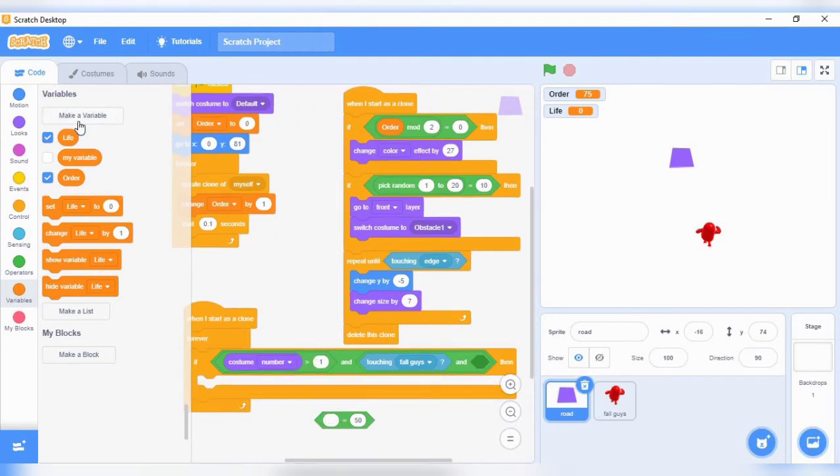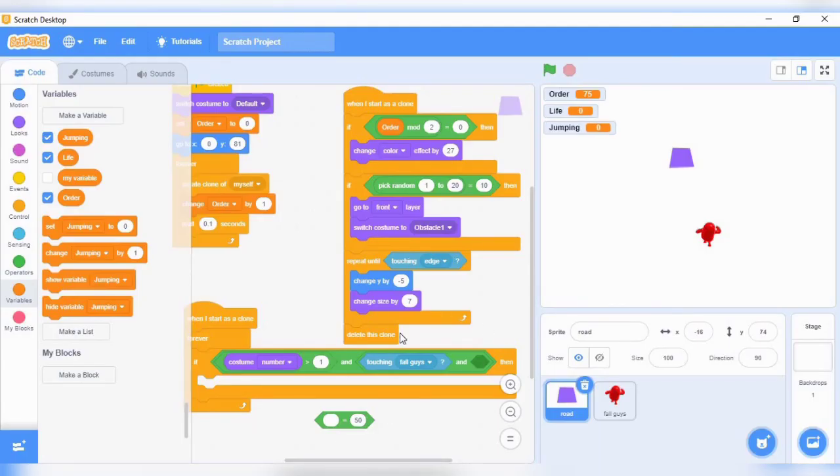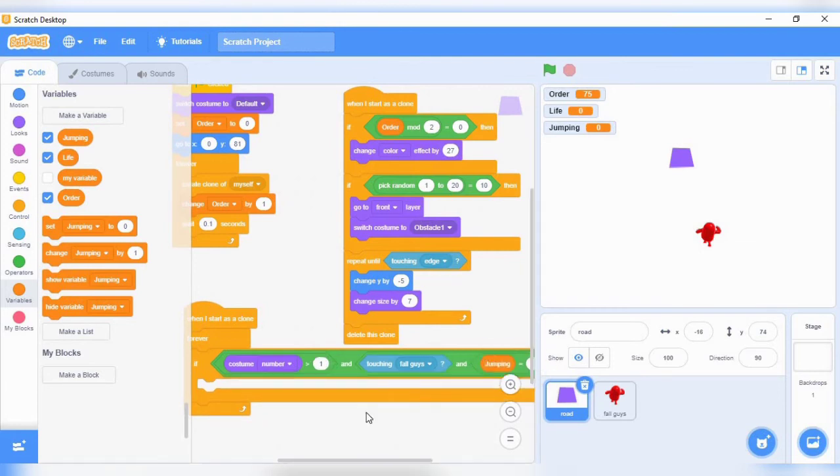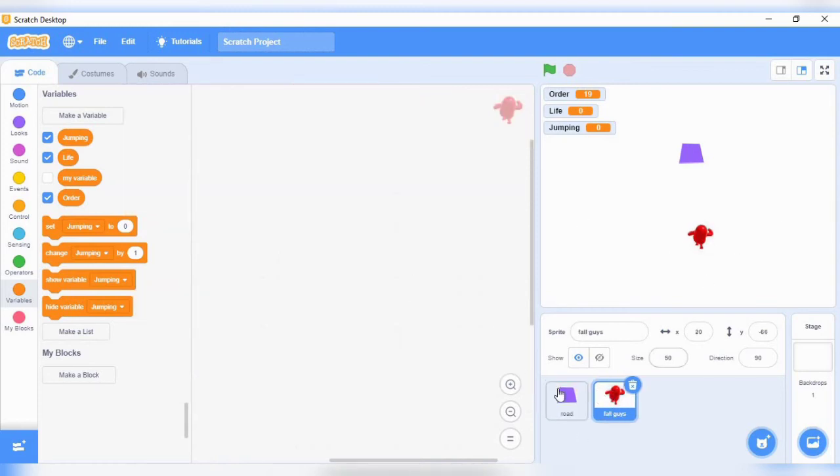Okay, no, let's make another variable. Let's make this one jumping. Now press OK. Now say jumping, and bring it here. Say jumping equals to 0. You see now it's working. So why it didn't was on top, because we've not yet coded the Fall Guys. So now let's code it. But quickly before we do that,